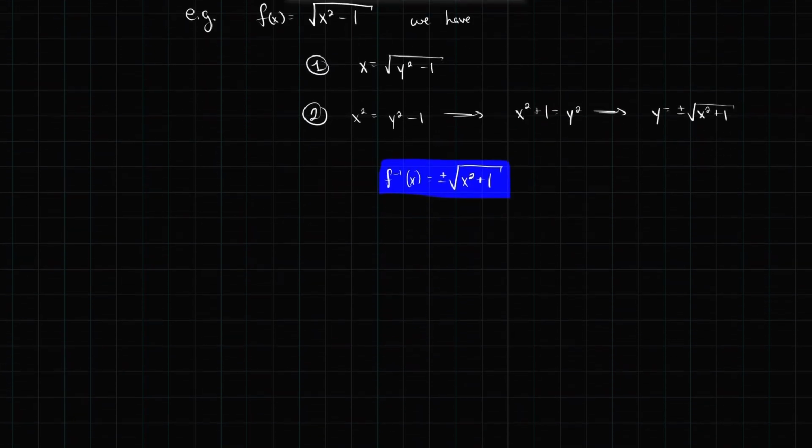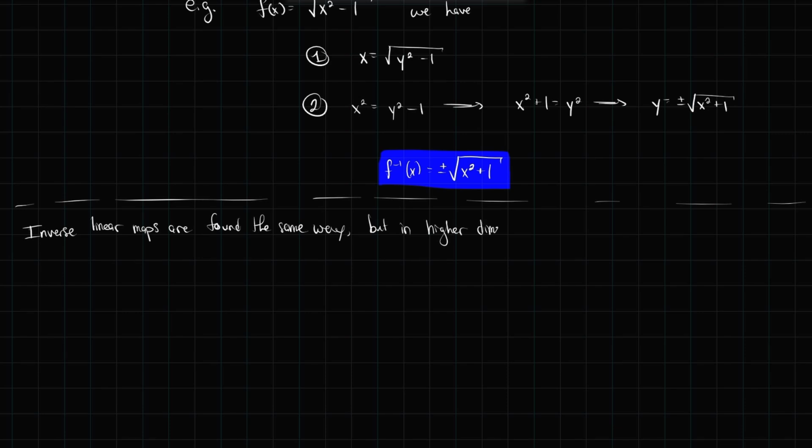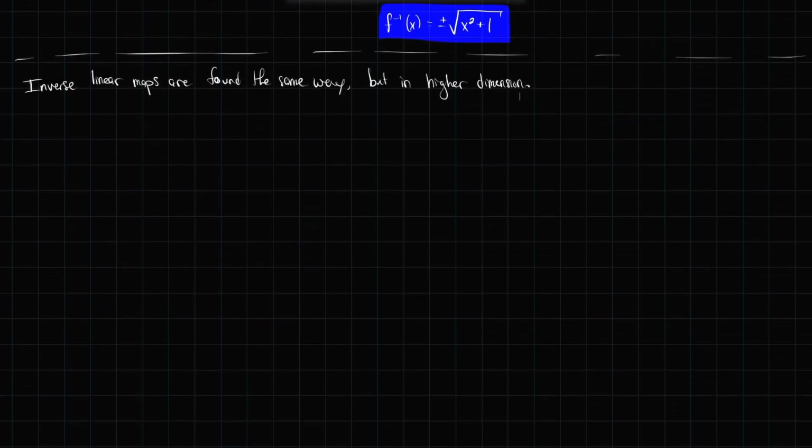So inverse linear maps are performed the same way, they're found the same way, but in higher dimension. The tricky thing about today's idea with inverse linear maps is the higher dimension. So we can find L inverse, so I'll just call that the inverse linear map of L, a linear map,